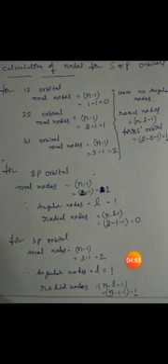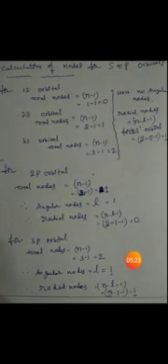In the same way, for the 2p orbital, to calculate the total number of nodes the formula is n minus 1. The n value is 2 for the 2p orbital, so n minus 1 is 2 minus 1, equal to 1. For angular nodes, the formula gives the l value, which is 1. And for radial nodes, by substituting the values in n minus l minus 1, you get 0. That means 0 radial nodes for the 2p orbital.